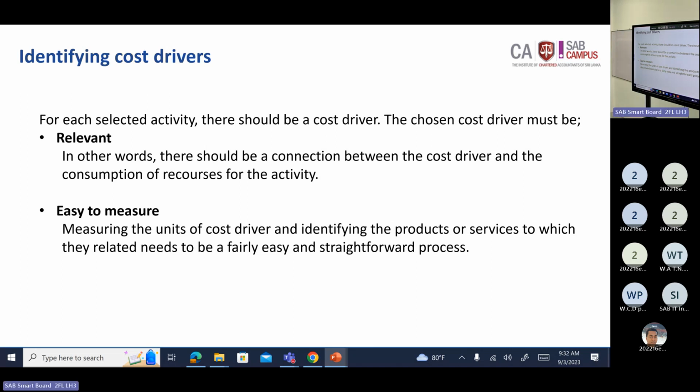ABC costing is used as an alternative for the traditional overhead absorption. So this is relatively costly compared to the traditional overhead absorption. You need more resources, more data, right? But it should not be so complex, right? Measuring cost of cost driver and identifying the product of service to which they relate need to be fairly easy,